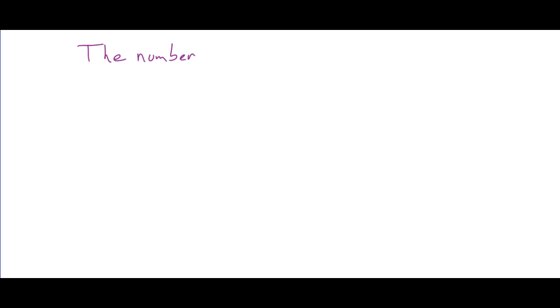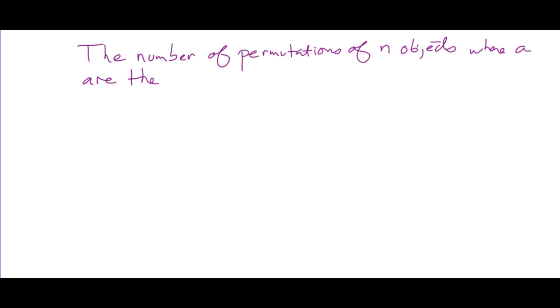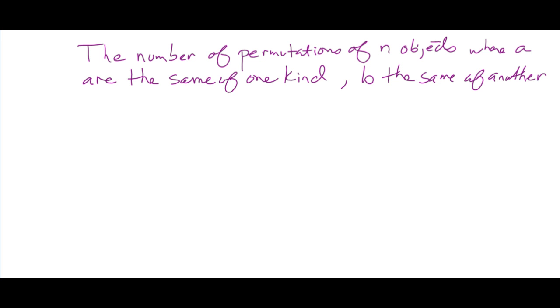So the number of permutations of n objects, where A are the same kind, A are the same of one kind, B the same of another kind, and C the same of a third kind,